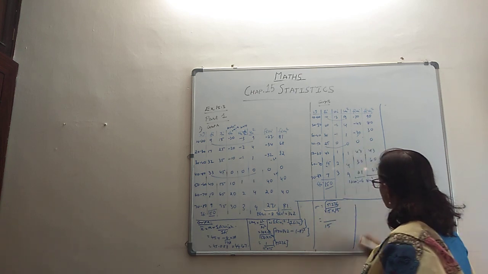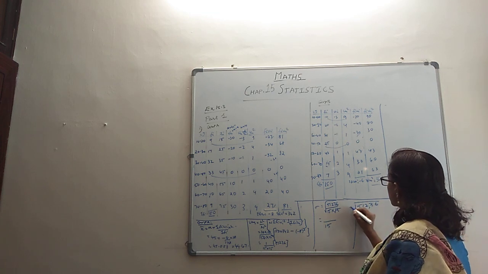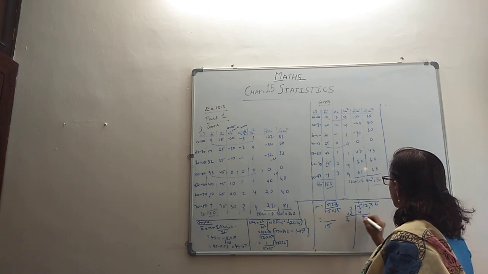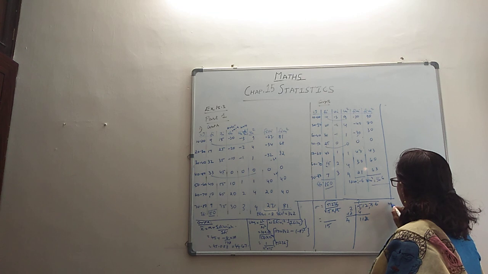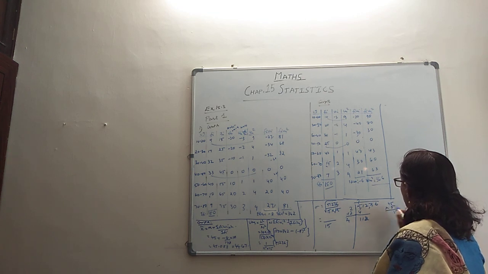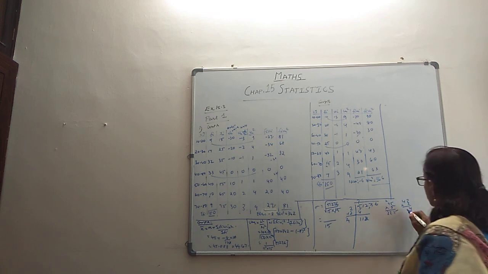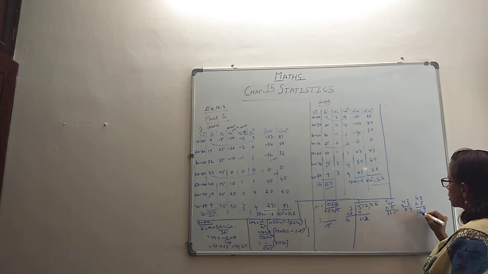Let's find the root of this. 5, 1, 2, 3, 6. 2 2s are 4. So you have 1 left, 12. 1, 1, 2. So 1, 1, 2 means 45 into 5. 5 5s are 25. 225. That's too high. 42 into 2. 2 2s are 4. 4 2s are 8. 43. 3 into 3 it's 9. 4 3s are 12. That's also high.